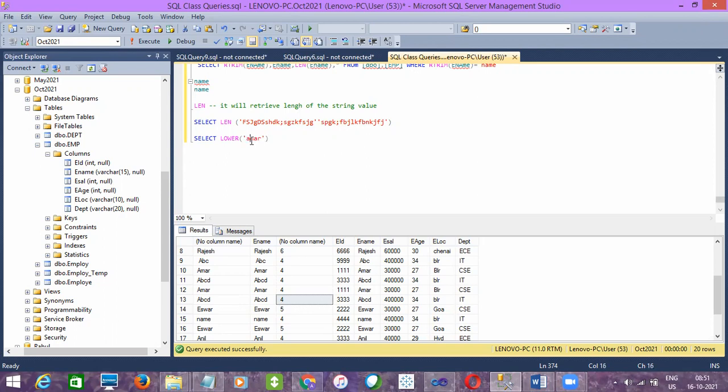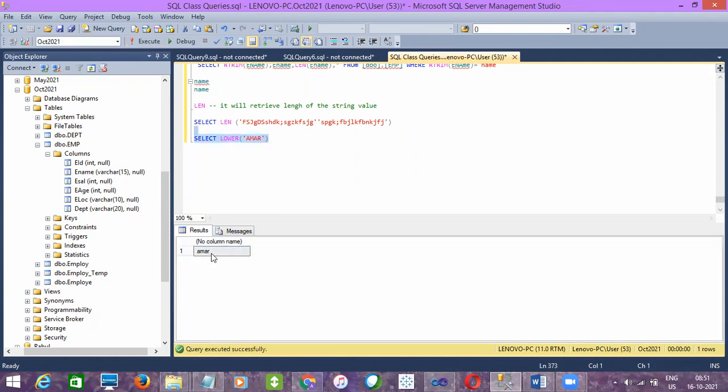If I execute, sorry, I should enter it in uppercase. And while selecting, if you don't want to show it in uppercase, you can use the function lower. It will convert the uppercase value into a lowercase value. And the same way, if you use upper, it will convert lowercase values into uppercase. That's it, simple.